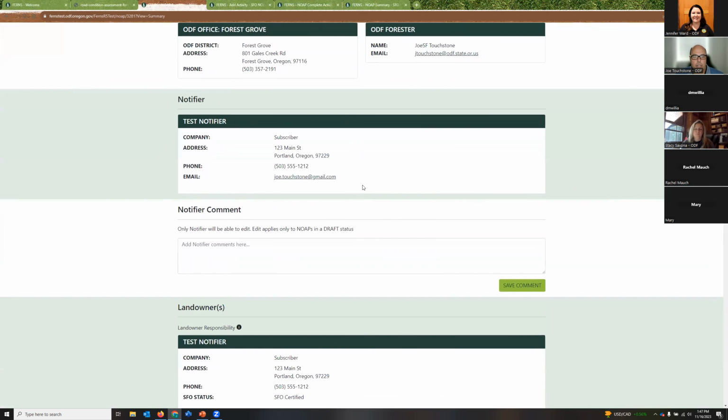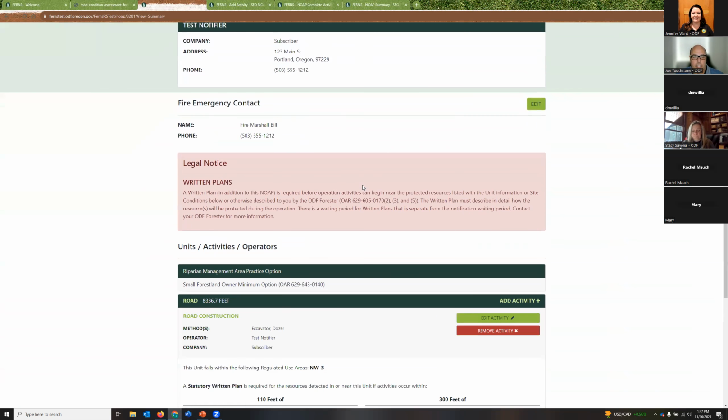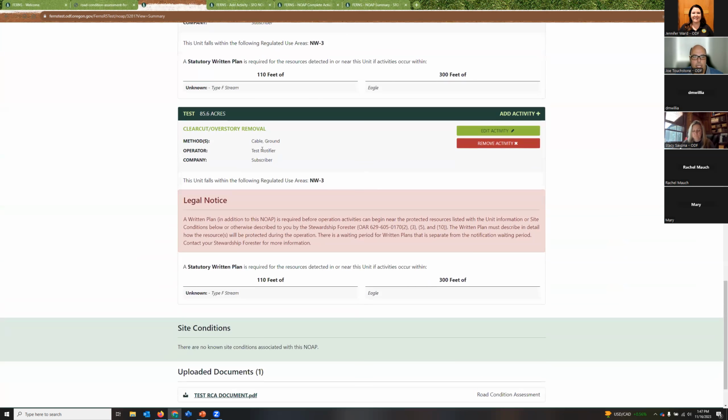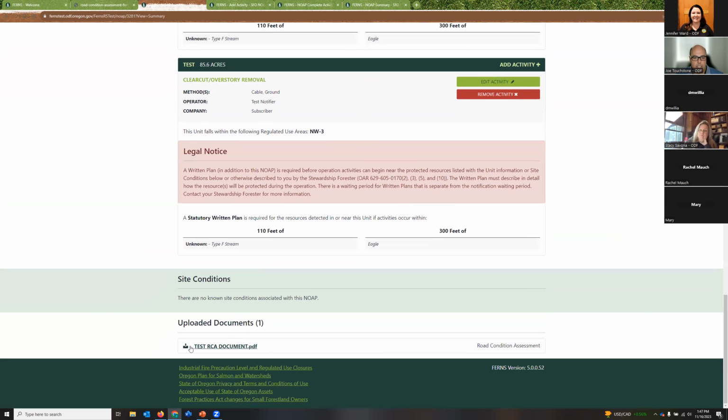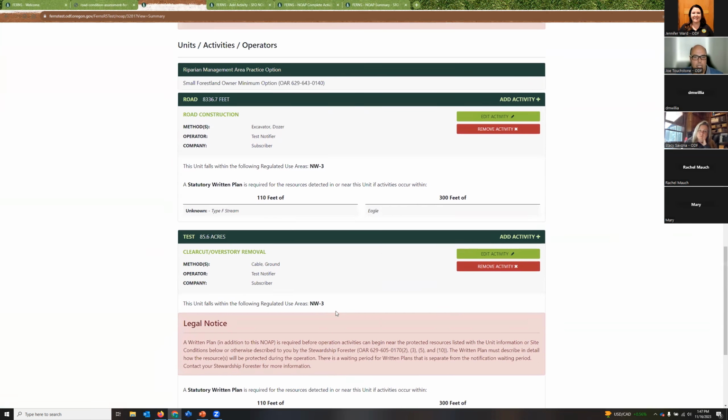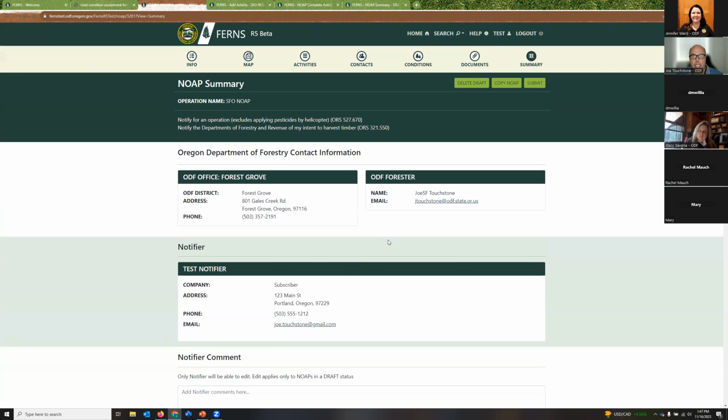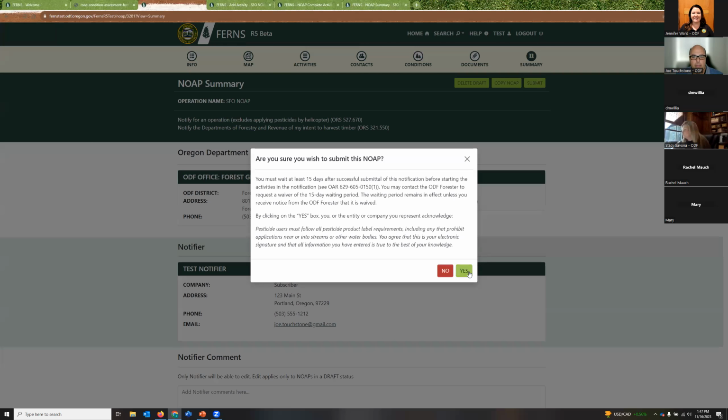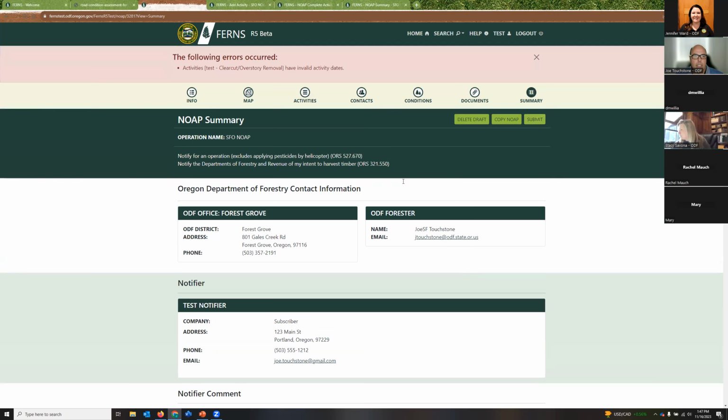So we get here, all this information is the same again because of the debris traversal areas and all of those new changes. There's this updated legal notice. You can see here it's a test document that I've attached, and I'm going to go ahead and submit this. And what you'll see here,